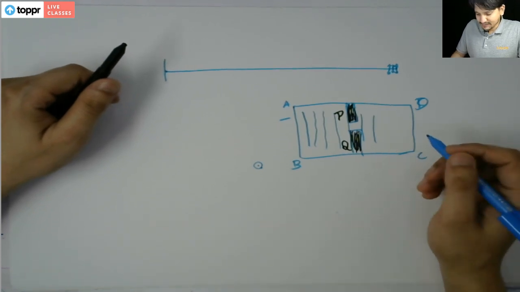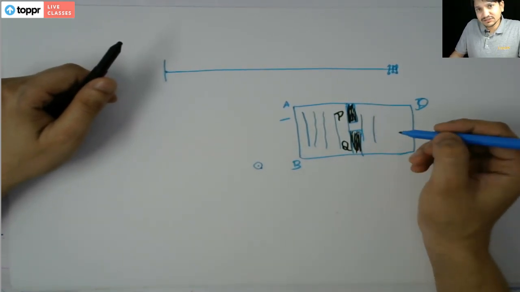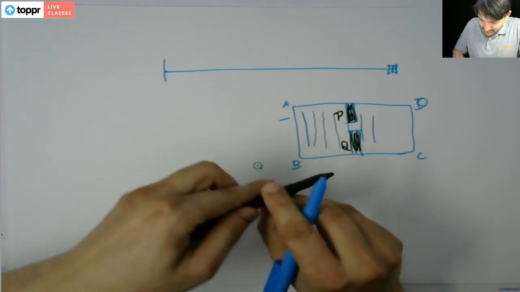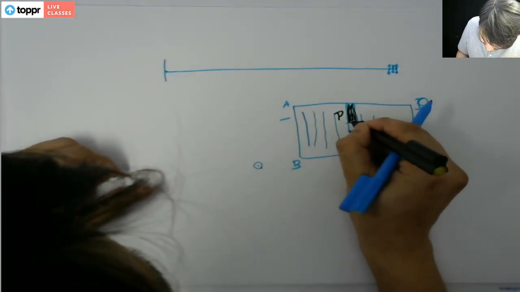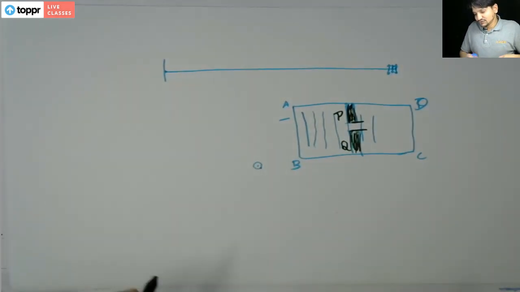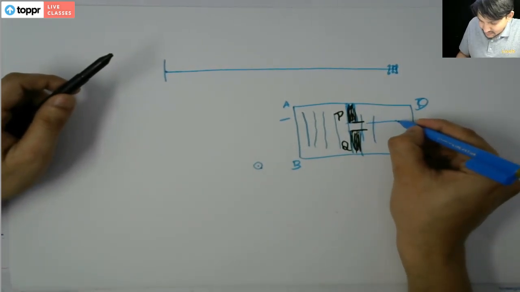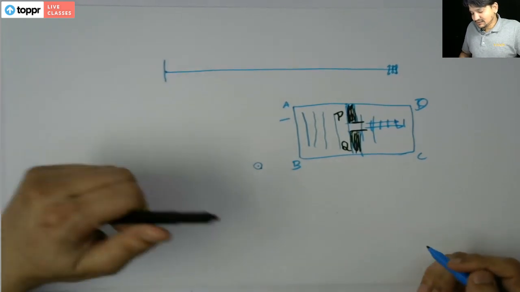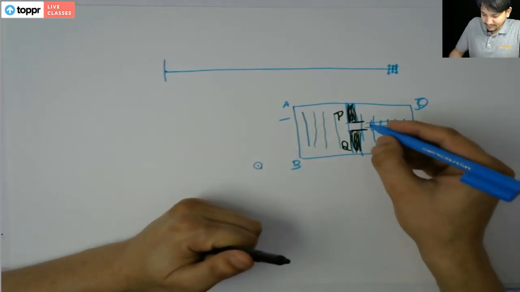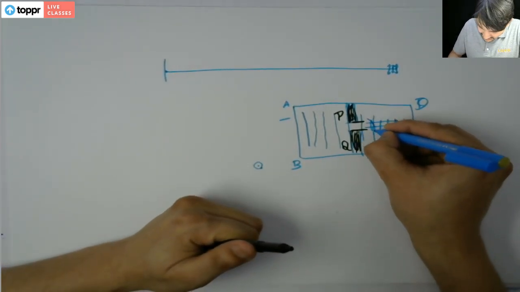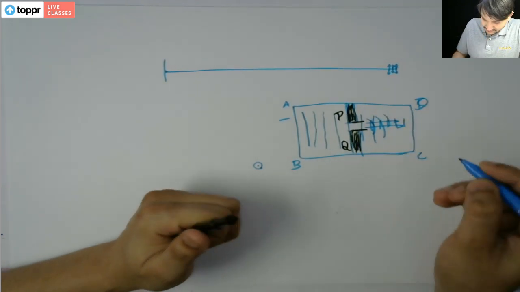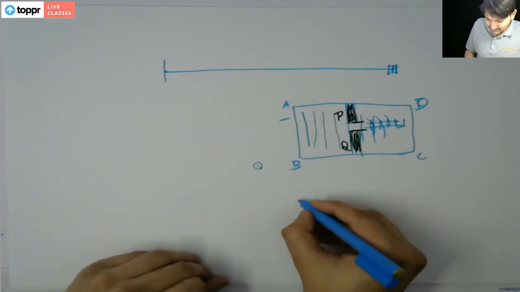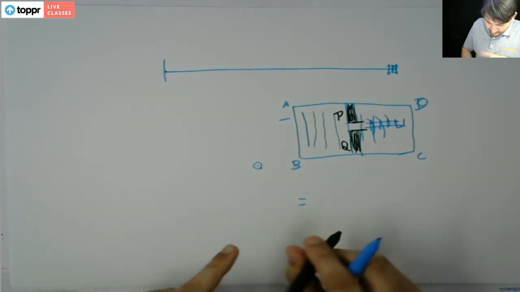So what should happen if this much is the opening? Let me highlight it again. This part is the opening. What should happen? The wave should move straight through like this. But if you observe what happens, you will see it happens like this. Let me get a clearer idea. From this opening,